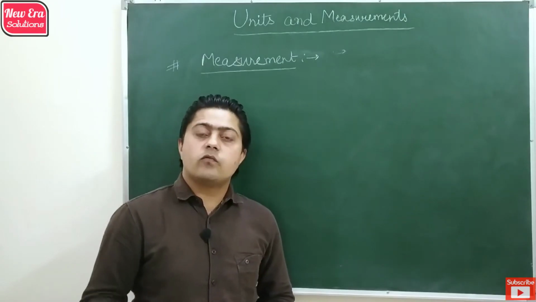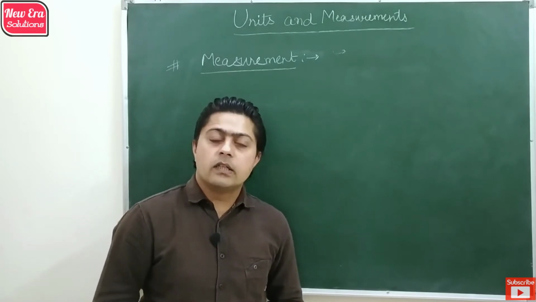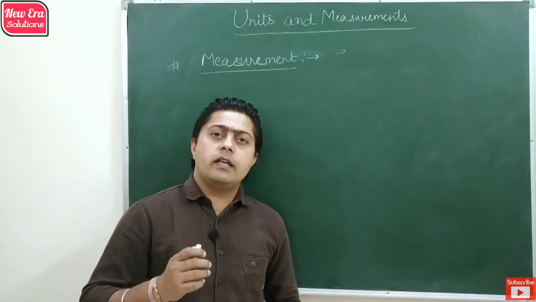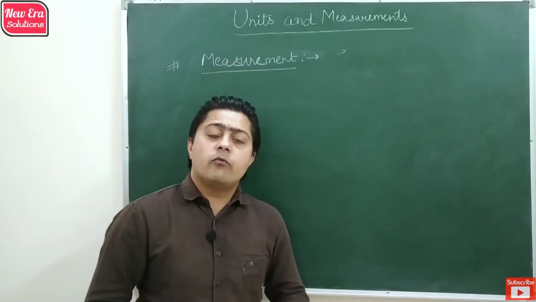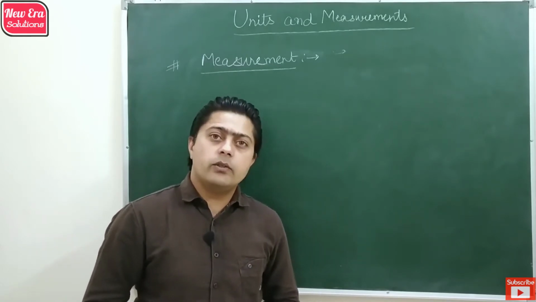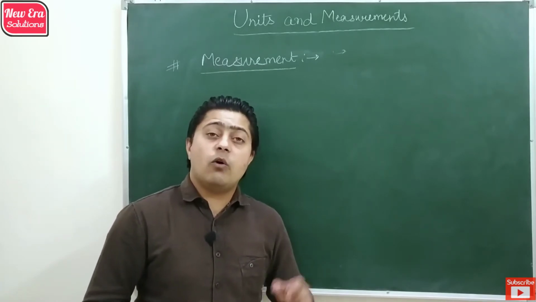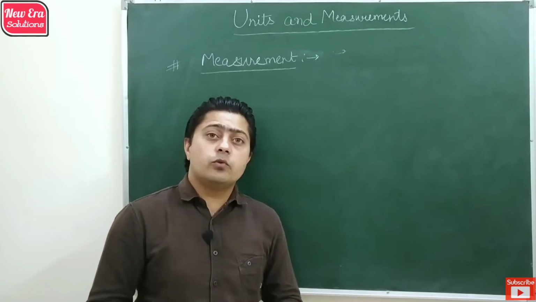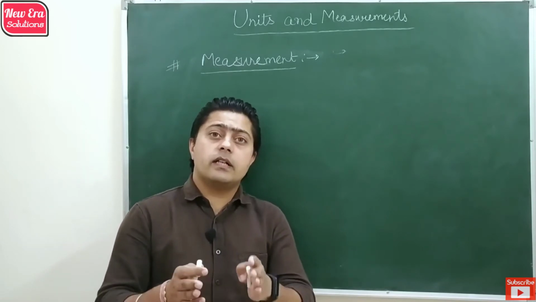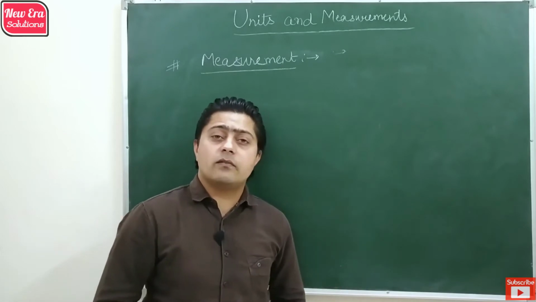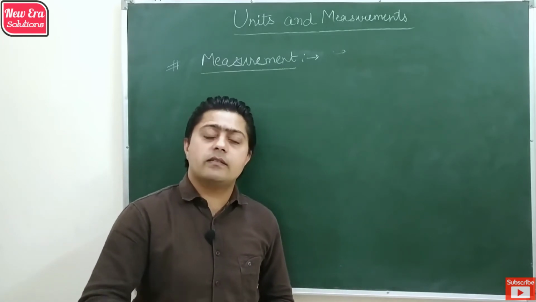Now we discuss what a measurement is. Measurement is basically comparing a physical quantity with its own kind, for which we have a standard value. Like if we are covering a distance and we have to express how much distance we covered, then we use a specific standard term, that is meter. So we count that meter a number of times and express our distance, like 5 km and 6 km.